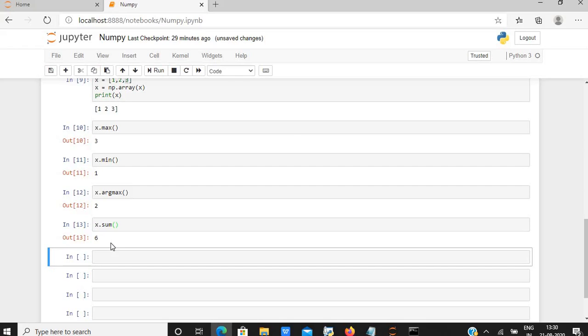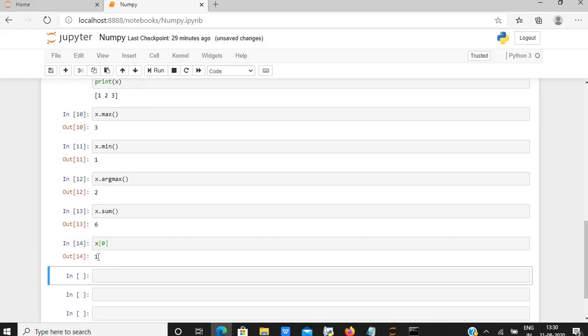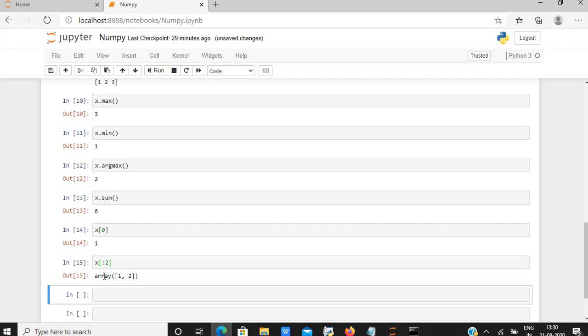To get a particular value out of this array, we can perform indexing and slicing operations. For example, x[0]. Let us print it. We have the value which is present at the 0th index. Similarly, we can slice via an upper limit, that is x[:2].